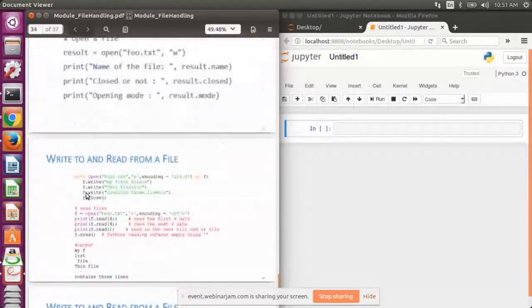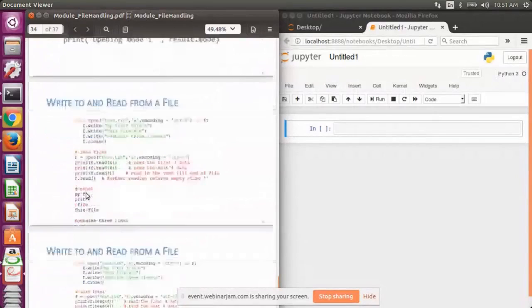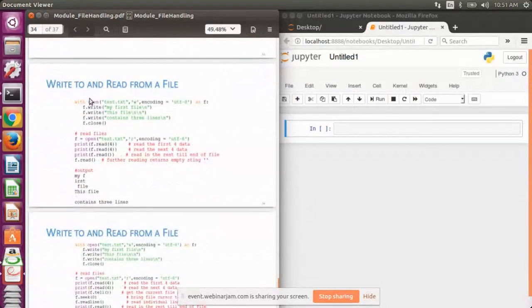To do so, let's first take an example. Here we have opened a test.txt file and performed some operations. The first one is writing to a file. We have written three statements in this file, that is, my first file, this file contains 3 lines.